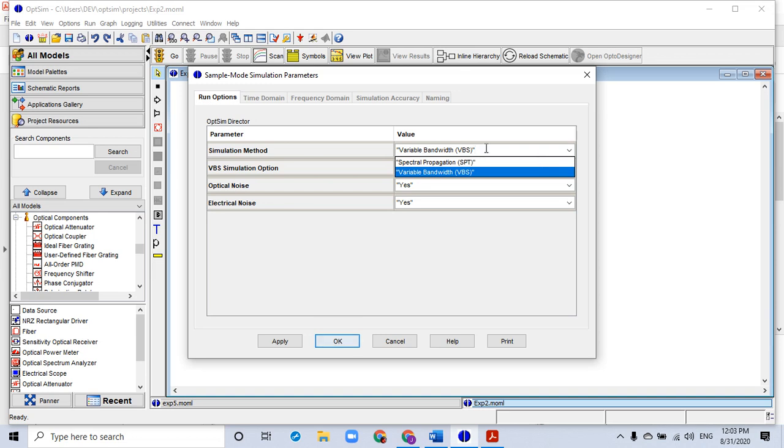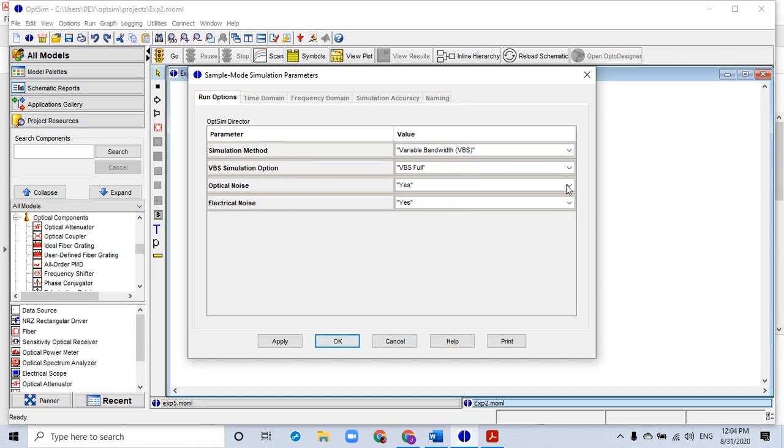So variable bandwidth simulation is possible and spectral propagation simulation is possible. Usually we go ahead with variable bandwidth simulation. The other options in the VBS simulation option are VBS full, linear fiber mode, and loss only fiber mode. Usually we just go for this option of VBS full.